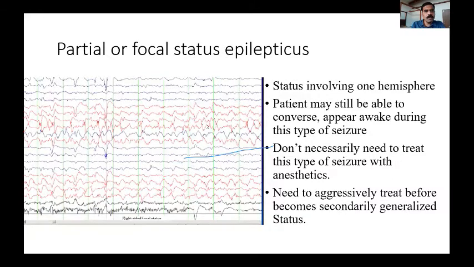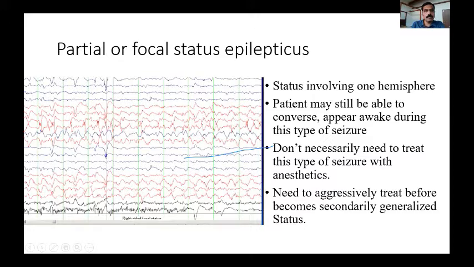Sometimes what we see is epileptic activity. There are spikes and sharp waves ongoing in a particular lead. You can see here in this child, in the T5 lead, you see continuous sharp wave activity throughout the record. This is nothing but focal or partial status epilepticus. This is status involving one hemisphere. Because it is focal, the patient may still be able to converse or appear awake during this type of seizure, and we need not necessarily treat this type of seizure with drugs like anesthetics. They need an anticonvulsant drug, but we need not go with anesthetics. You should aggressively treat these children with anti-epileptic drugs so that they don't go into